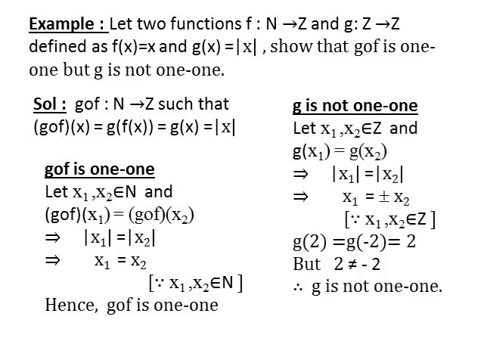Now we check that g is not a 1-1 function. Let x1, x2 belong to Z and g(x1) = g(x2). It implies that |x1| = |x2|. It means x1 = ± x2 because x1, x2 both are integers. Here you can write down one counterexample also. g(2) = g(-2) as both are equal to 2. But 2 is not equal to -2. Therefore, g is not 1-1.